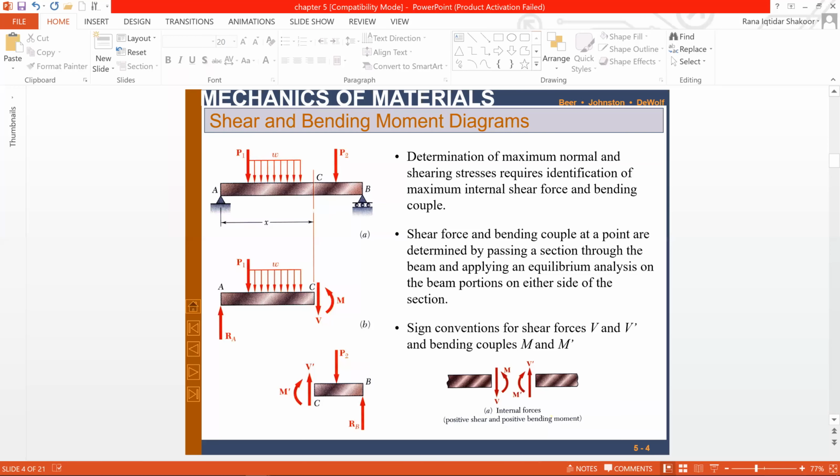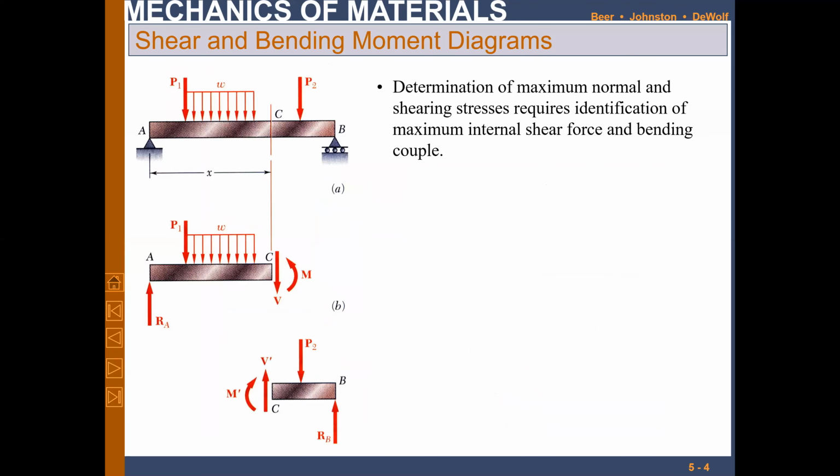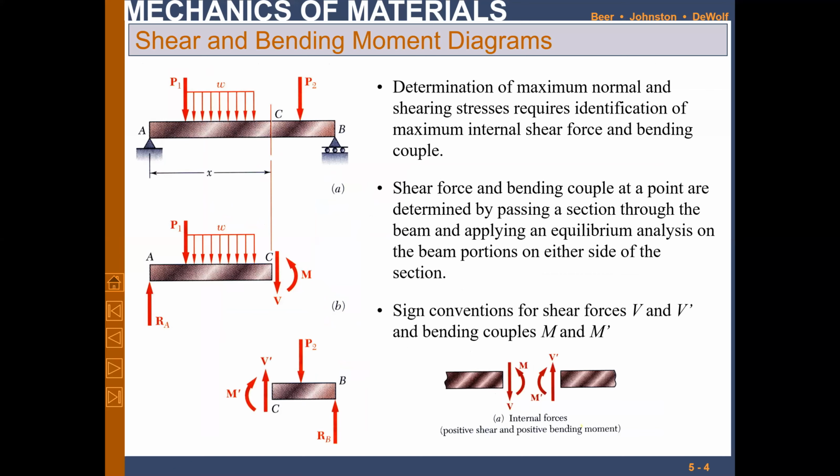So we stop here with sharing this one, and now we will go straight to the presentation part, right? And this is the one we discussed last time. These are basically the positive shear and positive bending moments considered from left to right, and from right to left. We discussed this earlier, right? So always assume for this one, for example, we took the section from A to C.